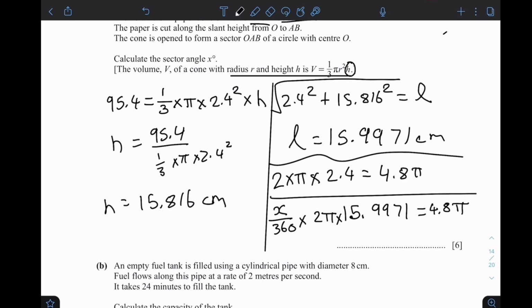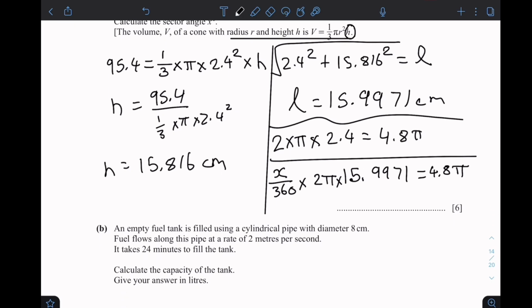Then you take the 2 into pi into 15.9971 to the other side, and you'll get the answer as 0.5, and you just multiply that by 360 to get the value of x, and x is equal to 54.0 degrees,